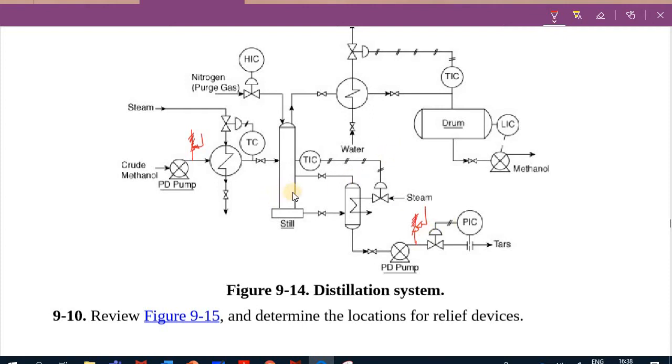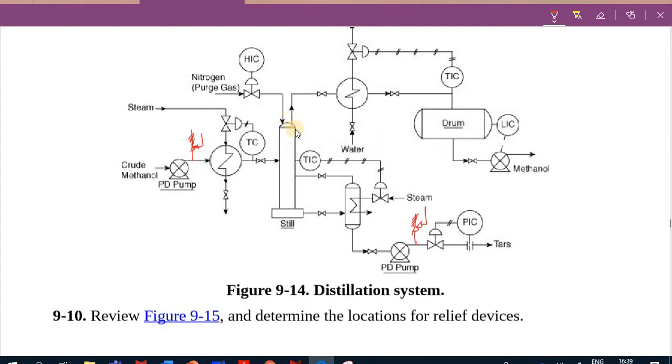Where else do we have? You can see that I have cooling water here that is trying to cool my system. Imagine that this is not cooling. Oh my god. It could cause a problem here, an expansion of what is getting inside. There's an expansion of heat because it's not cooling down enough. So I can put a relief valve here as well. And what else can have a relief valve? You have the distillation column, you have the vessels. All the vessels can have